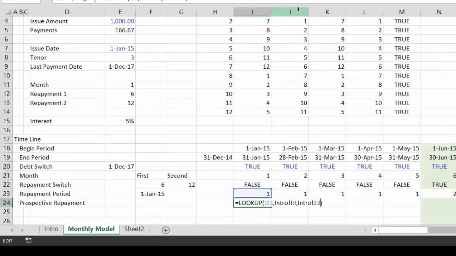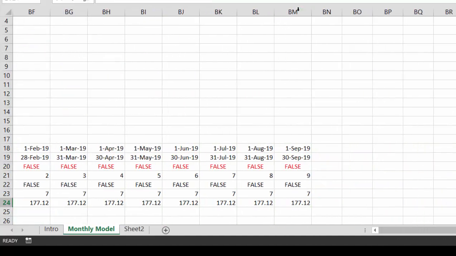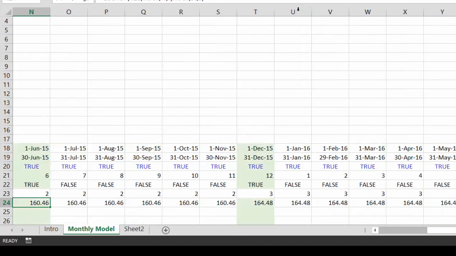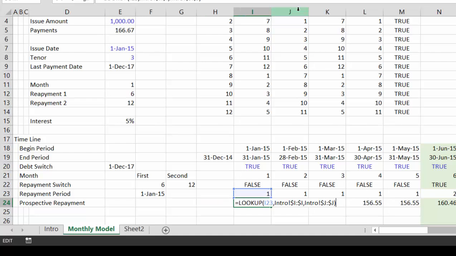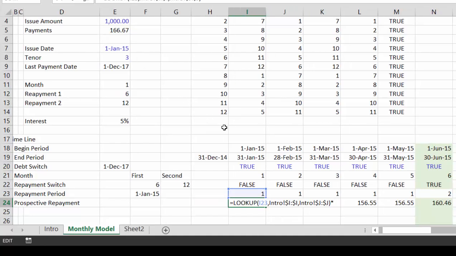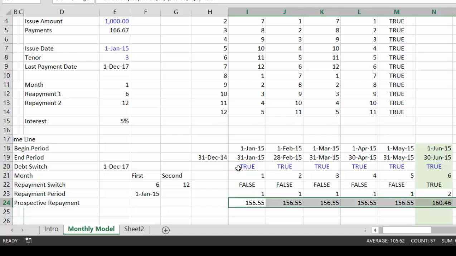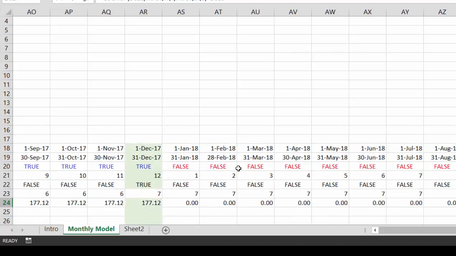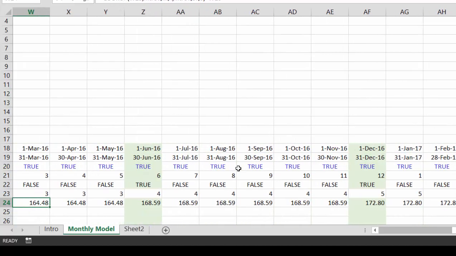Since we have to press F4 on this one, that method probably wasn't so good on this one. Whatever, this kind of keeps track of it, and we probably should also multiply this by the debt switch. Now where we're going with this is once we have the repayment switch and the repayment, the next thing